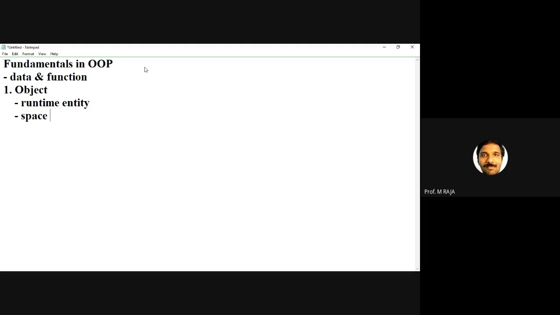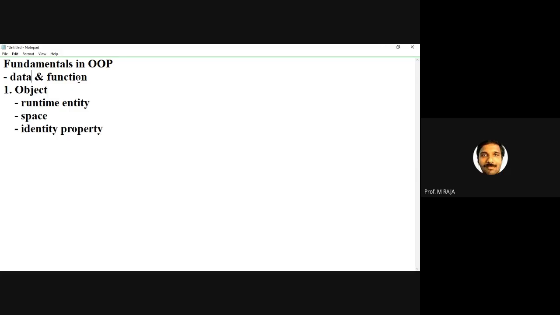Each object takes the corresponding system memory. The important property of an object is the identity property. Identity property distinguishes one object from another object, because